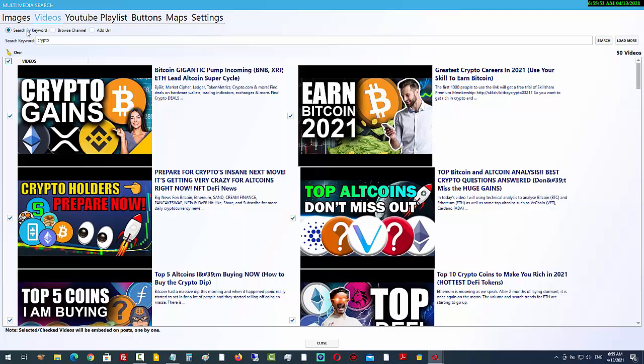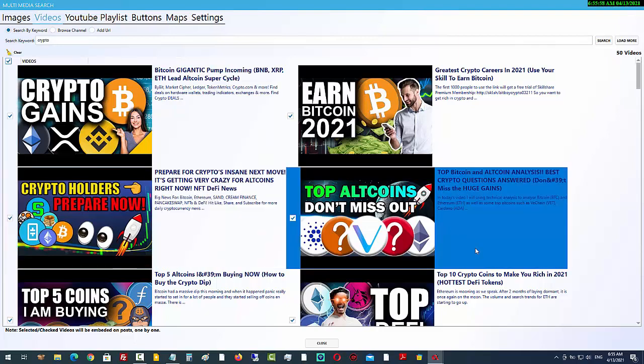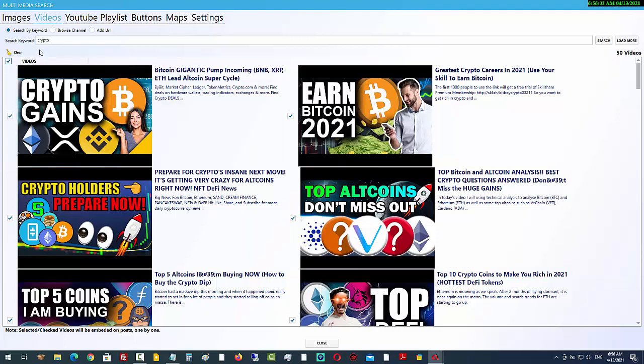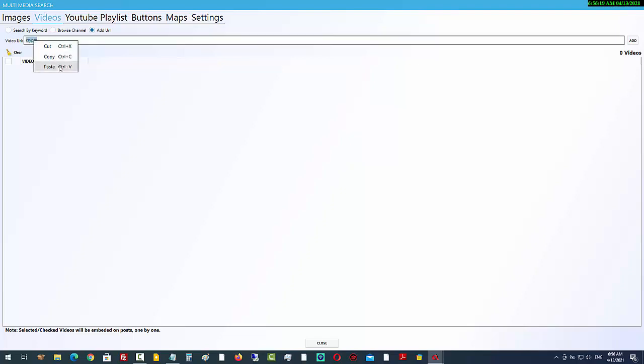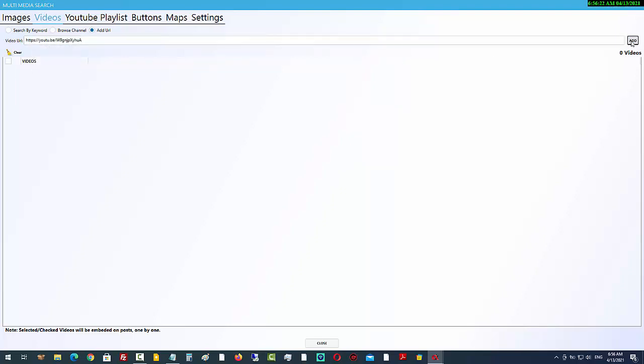So I would have a unique image and a unique video for every piece of content, plus whatever I put in the text box in that editor area. I can put anything in there. What I want to do is show you a different way that we can do this. You can actually just take a video. If I clear this and put the URL for a single video in here, click on add,